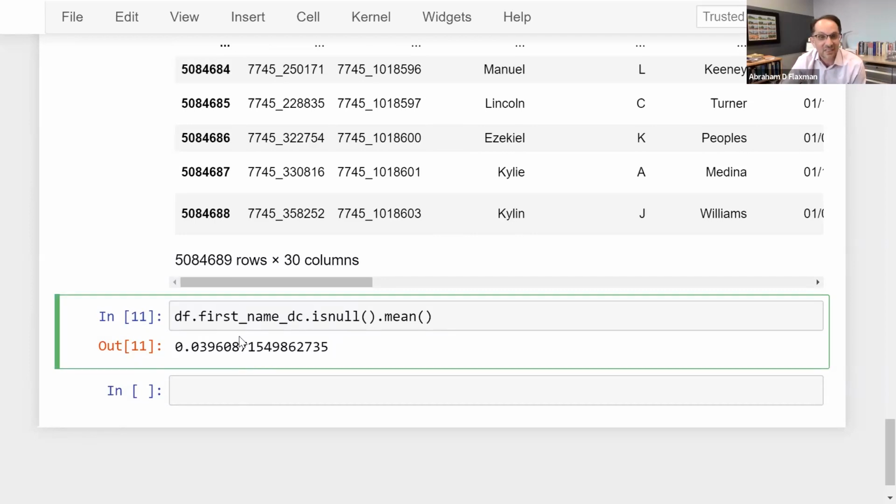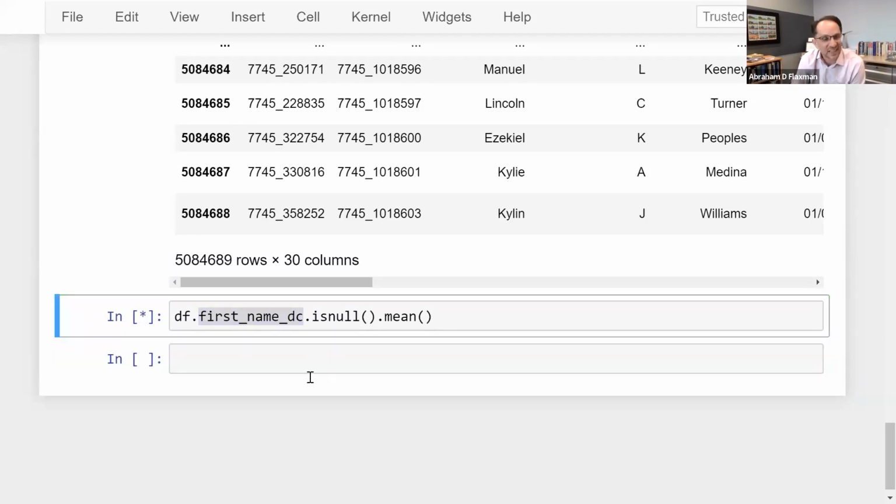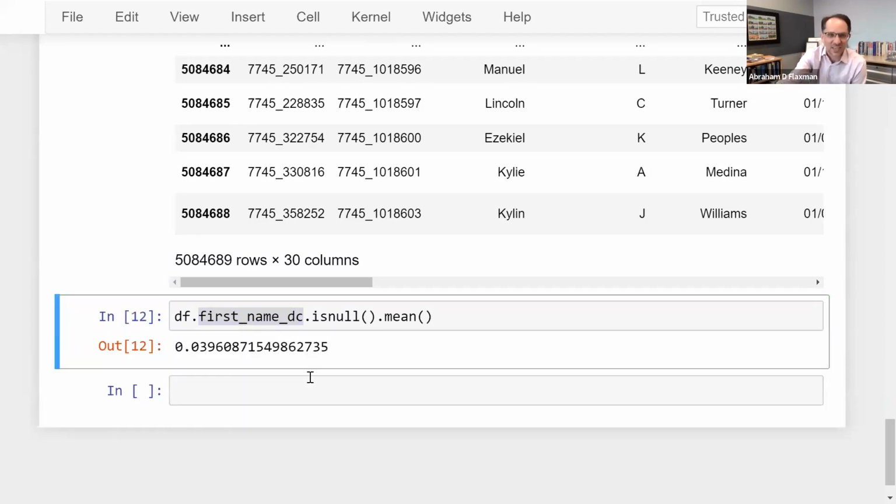But I did ahead of time say, okay, in the decennial census, because we know that we should simulate some noise in it by default, the default noise has a missing first name in the decennial census in just 4% of the data there. I'm kind of curious how long it takes to do that. Not very long at all.